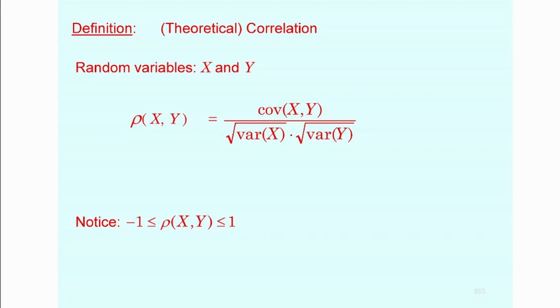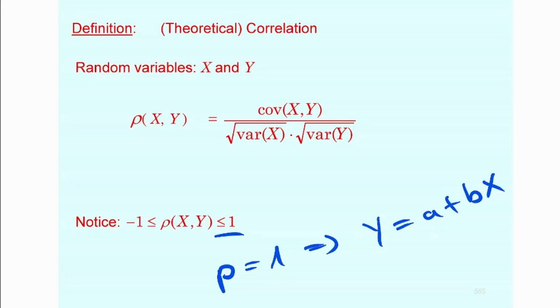If it's equal to 1, then this means that x is a linear transformation of y, and a positive linear transformation, meaning that there is a positive relationship between them. So if the correlation is equal to 1, then this implies that y is a linear transformation of x, where the multiplicative constant is greater than 0, because the relationship is perfect. So one is a perfect linear transform of the other.